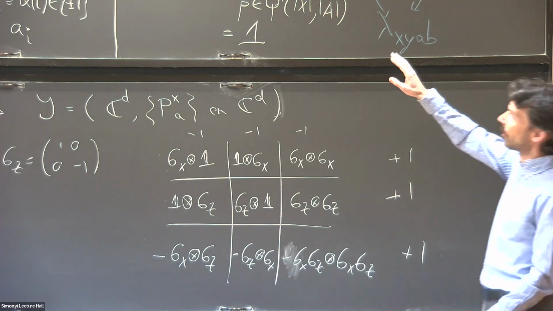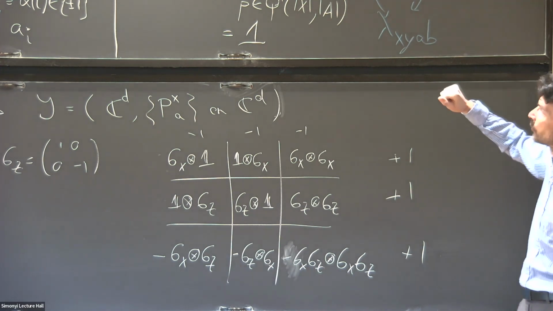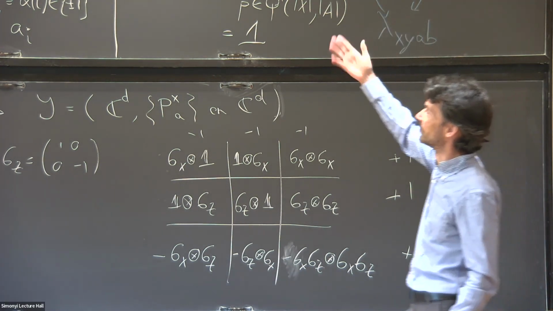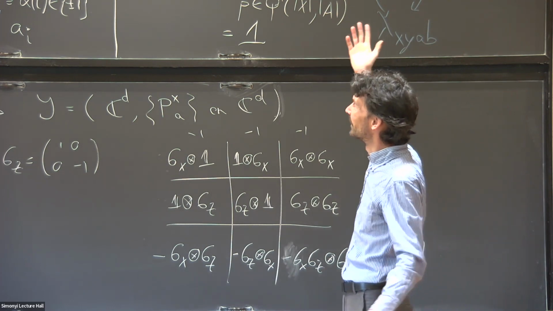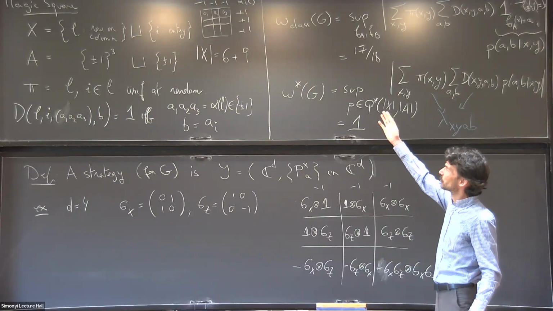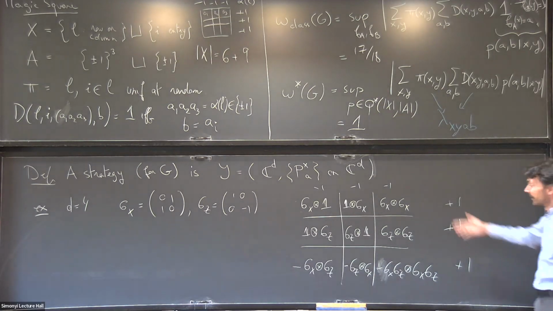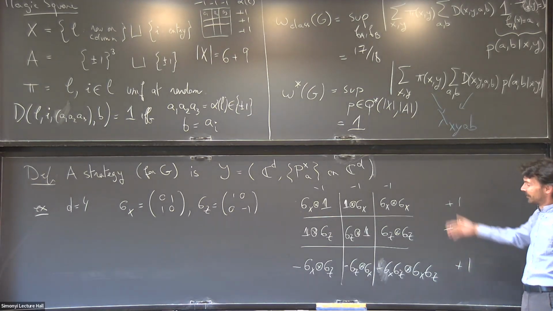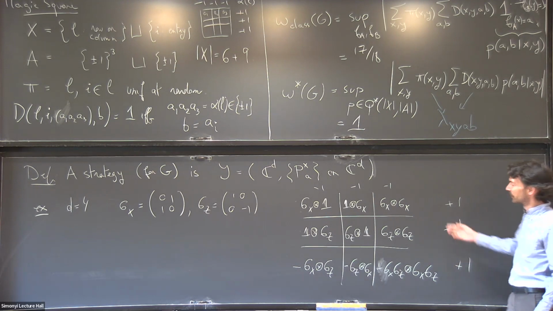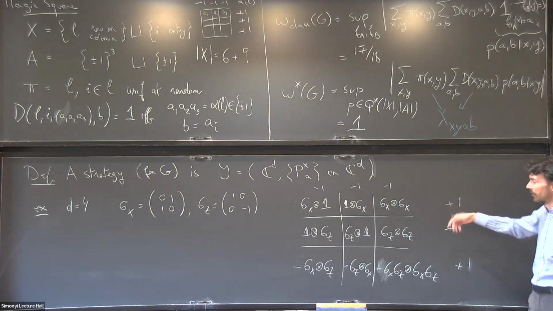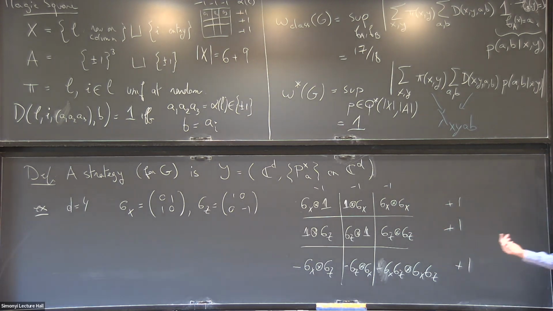So you all did in your heads the proof that there was no solution, by multiplying all the entries and saying the product of all the entries has to be something, and it can't be -1 as it should be if I multiply by columns, and +1 as it should be by rows. Here this proof no longer applies because even though the matrices commute by rows and columns, globally they don't commute, and so taking their product across all 9 squares has no meaning. So this is what makes that possible.